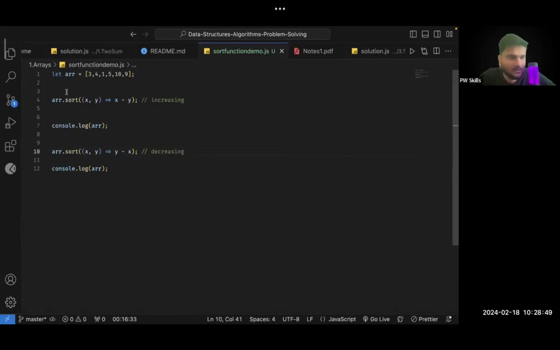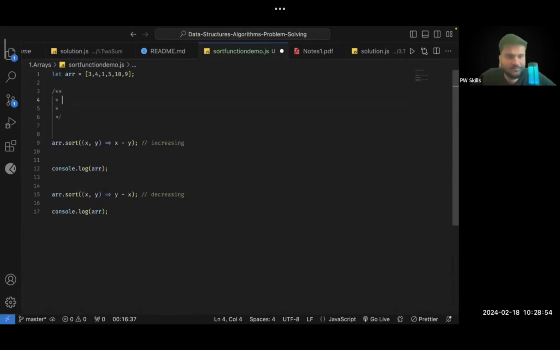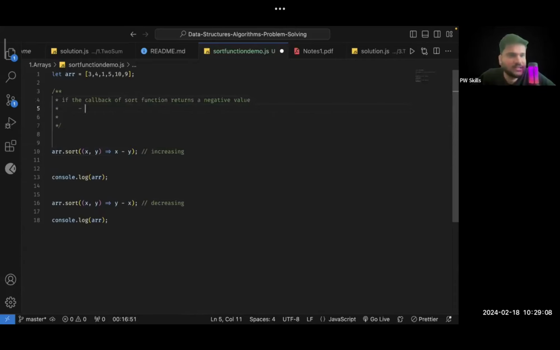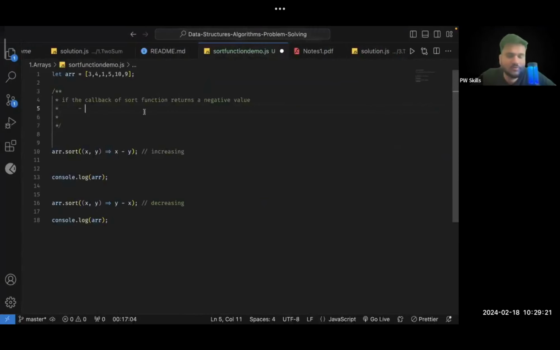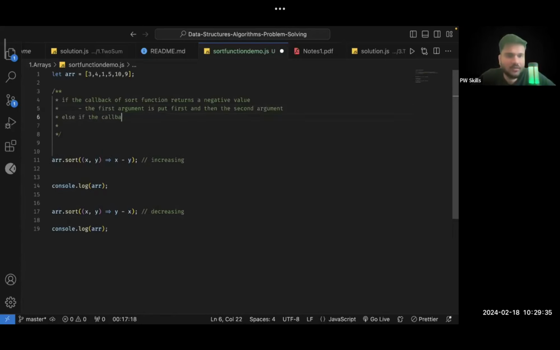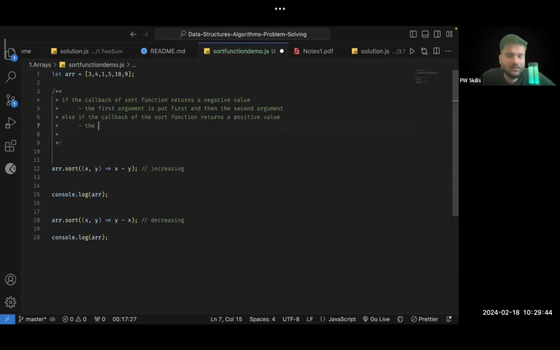Now let me write the algorithm for you. What the algorithm says is that if the callback of the sort function returns a negative value, then, not the smaller one, but the first element, I guess I wrote it wrong here. One second. The first argument is put first, and then the second argument. Else, if the callback of the sort function returns a positive value, then the second argument is put first, and then the first argument. So for example,